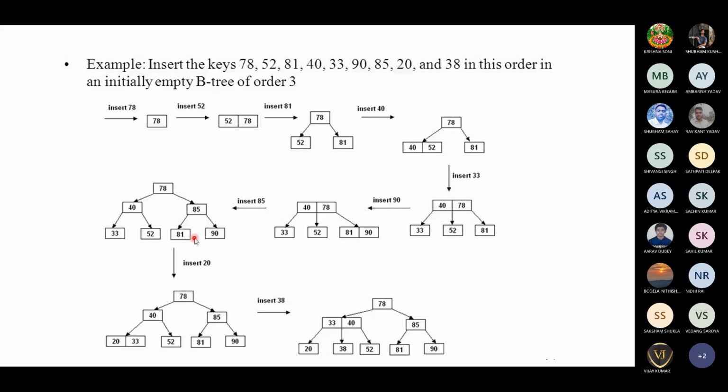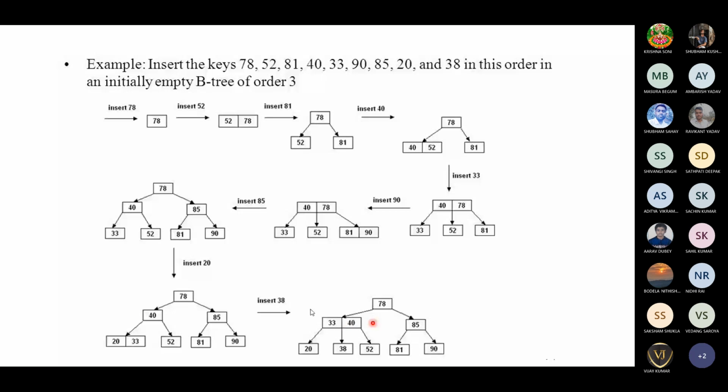Okay, like this. Then after inserting 20, it keeps searching, and when it comes like this, 85 will go up and try to insert here. Again this node will split. 78 becomes the root node, 40 will become its left child, and 85 will become the right child. So the tree formation is done like this. After inserting 20, it is inserted in the leftmost node at the bottom, so 20, 33. Next, 38 will again try to insert here because 38 is less than 40. 33 will become its root node. So the tree formation will be done like this.